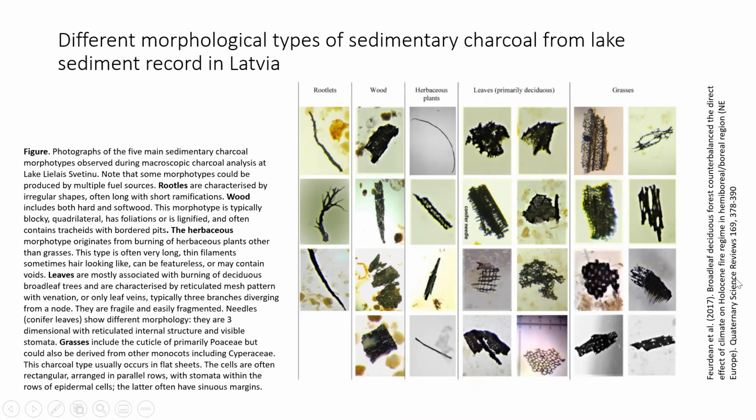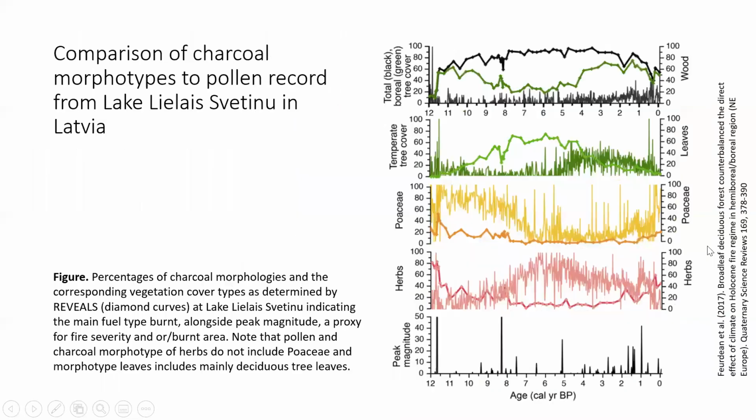And based on this morphological identification of the charcoal samples, they've made these reconstructions showing here the peak magnitude of the charcoal record in general, indicating that there have been, for example, fires here and here and here and so on. And then this thinner line is indicating the amount of the charcoal particles with morphological features for herbs or woody